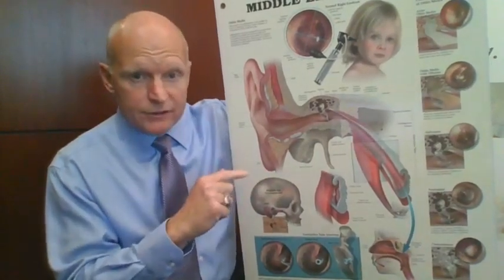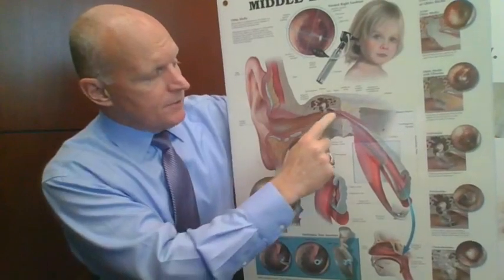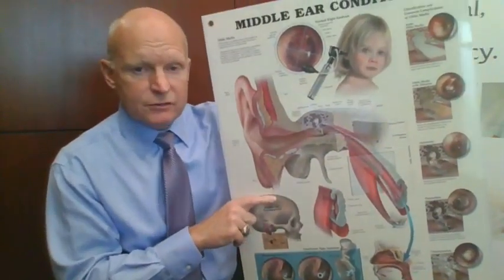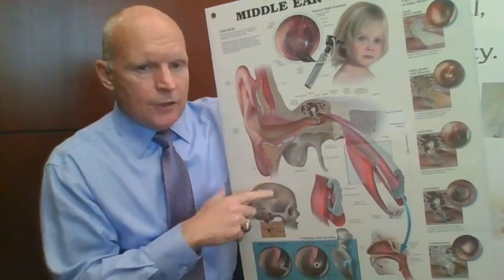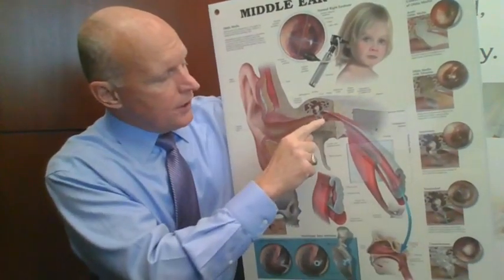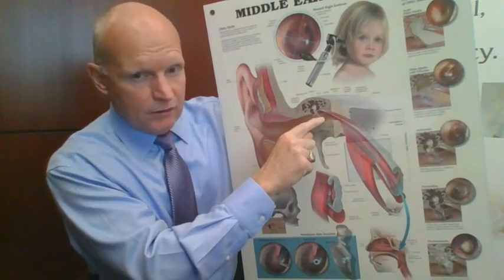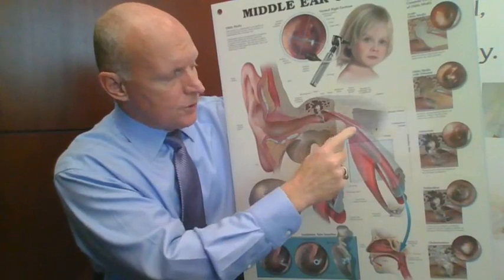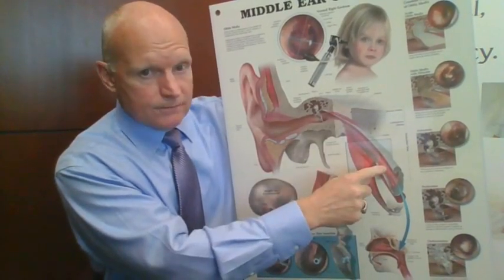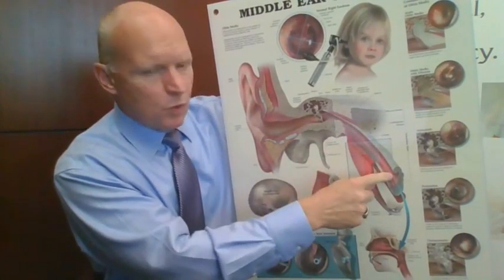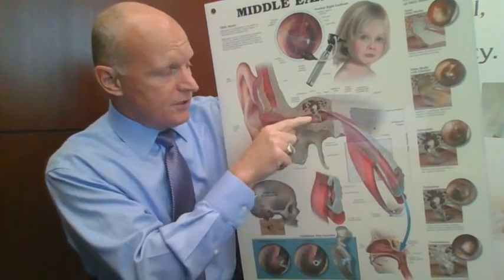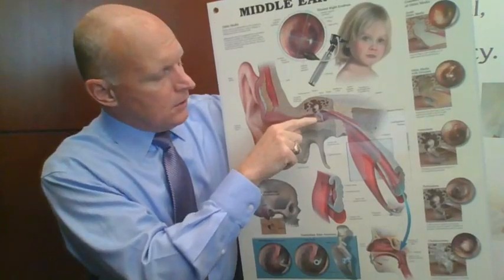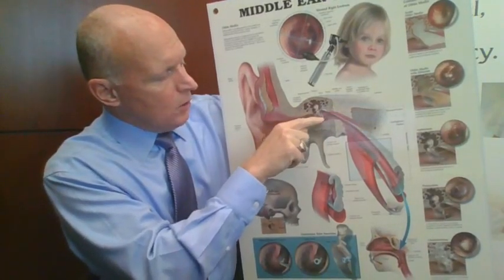Now, the more common reason to do ear tube surgery is sometimes that fluid in there will get infected. And so that's where you see these recurrent ear infections in little children. In those cases, putting an ear tube in here acts to bypass the eustachian tube. So we've got eustachian tube dysfunction. We can't really make this tube work any better, so our best option is to bypass it, and that's what an ear tube does. In order to put an ear tube in, we'll cut a little hole in the eardrum,